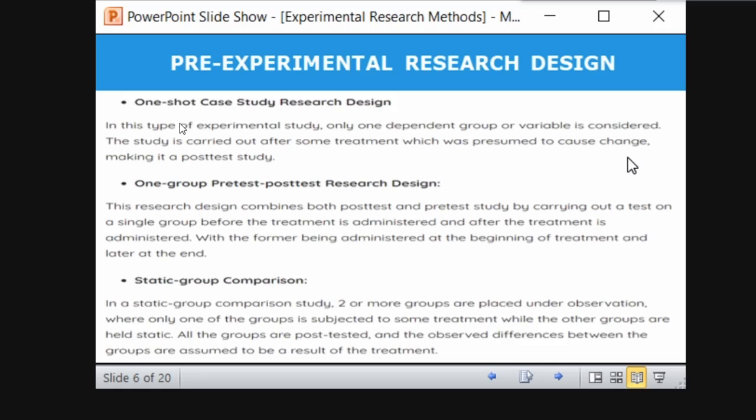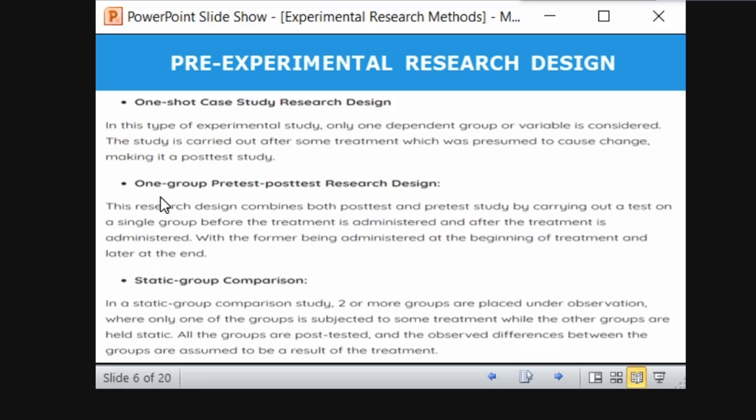After giving knowledge for a period of time, after taking classes for a period of time, finally I am going to assess you based on an examination, in January, let's say. That kind of post-test, that kind of study, is called a one shot case study.